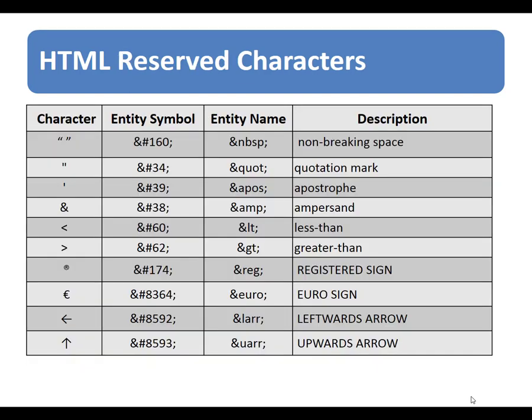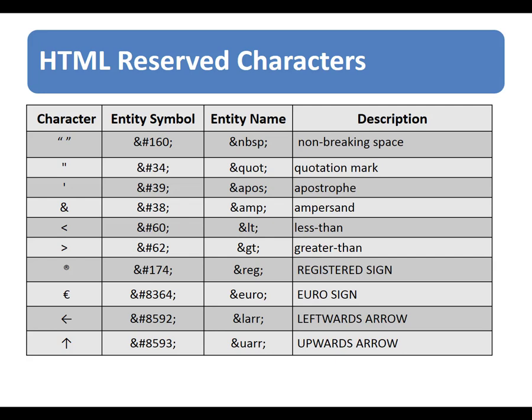Let us have some reserved characters from HTML. The following special characters are reserved in HTML. That is, because these are the characters that make up the HTML language. If you use one of these characters in an article, the browser will try to interpret it as HTML. Therefore, you should use the entity number or entity name when you want to output any of these reserved characters.